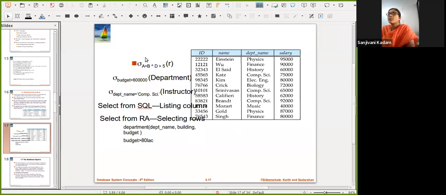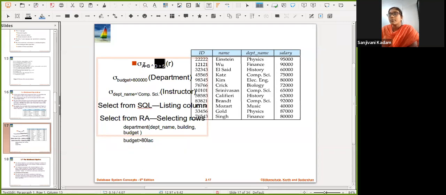Connectives mean that we are combining two conditions together. Either conjunction or disjunction can be used. Conjunction is ANDing of the values, and disjunction is ORing of the values. For example, if I am passing the condition A equal to B and D greater than 5, these two conditions are being passed.